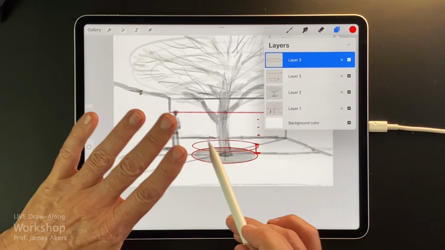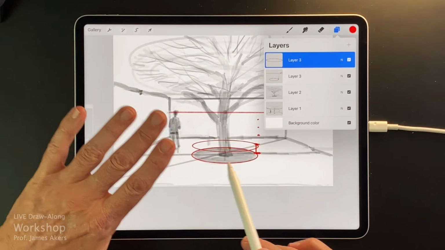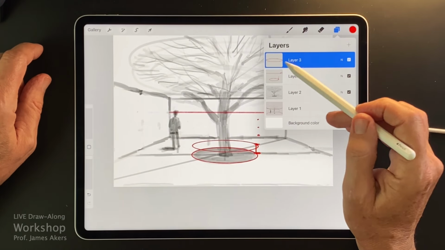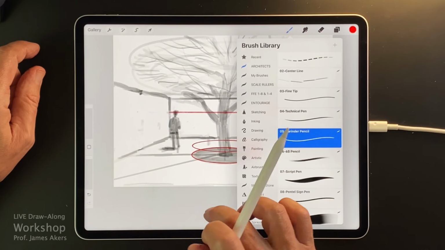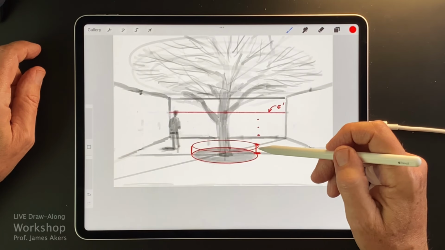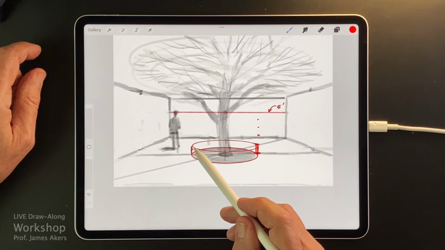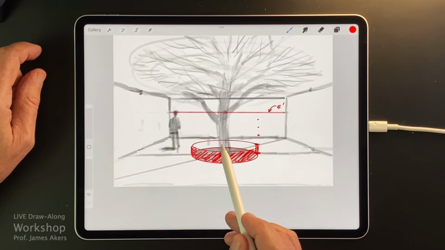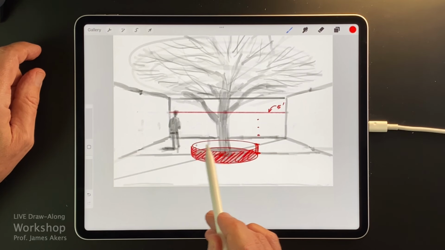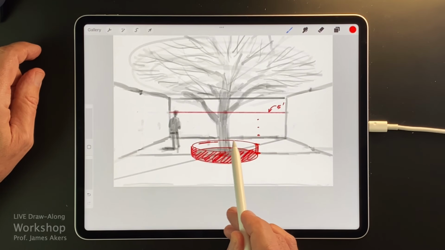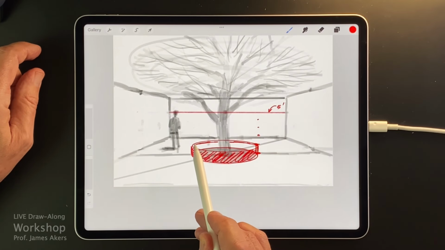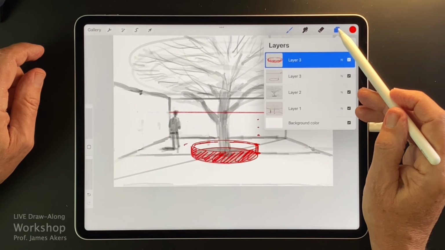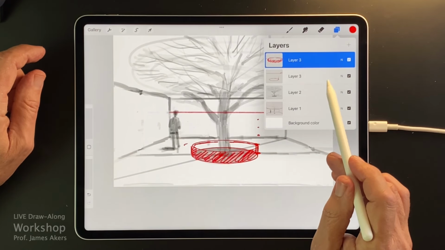So again, because we're going to kind of throw away this layer, this is all our preparation layer, I'll just go into that same layer and I'll add some details to that, and maybe just kind of sketch, add a little tone to it, figure out how much. That's probably going to be the inner dimension of the tree, because we have to stay away from these roots as much as possible. So really what we'll be doing is we'll be adding another layer.